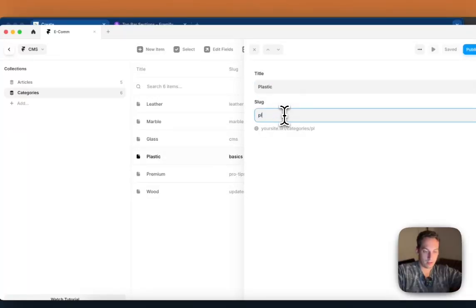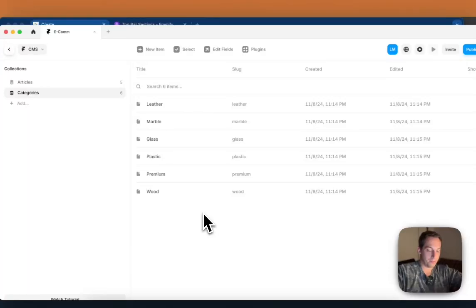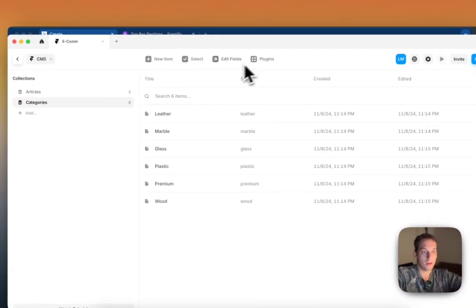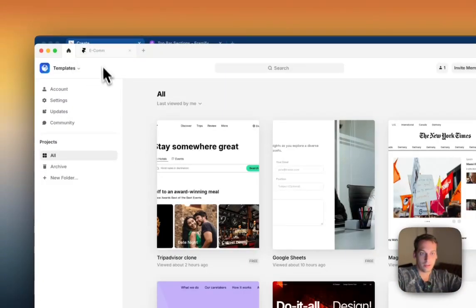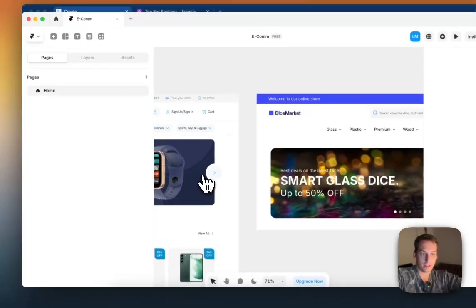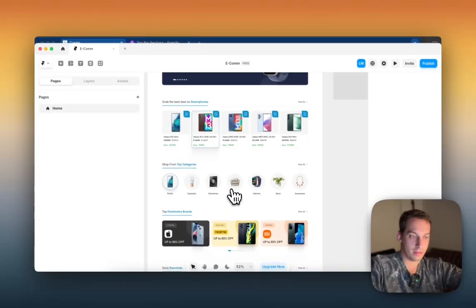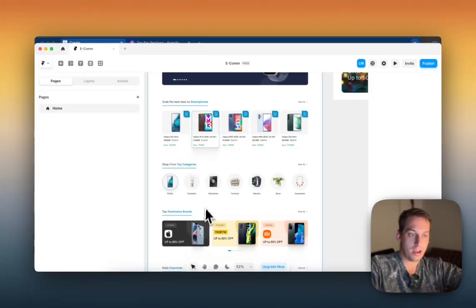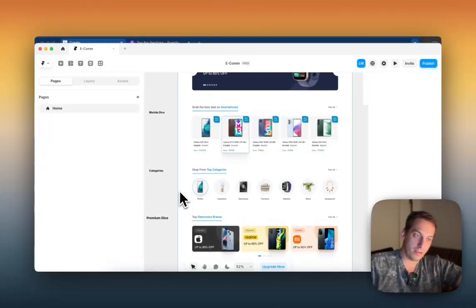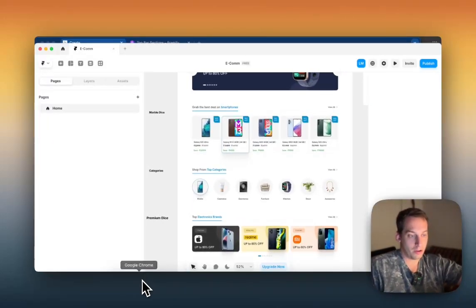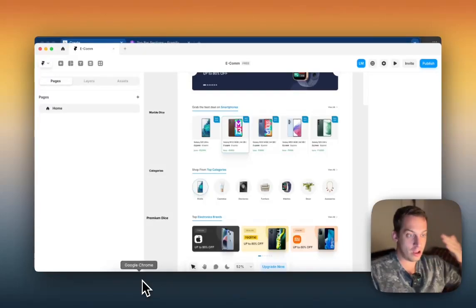So we have plastic. Let's just adjust the slugs so that everything is nice and organized. Premium and wood. Okay, so we have the different categories. As you can see, each category has a different image. So I'm going to generate an image for each category. So we have our 6 different categories, and I'm going to go ahead and pause this video and generate an